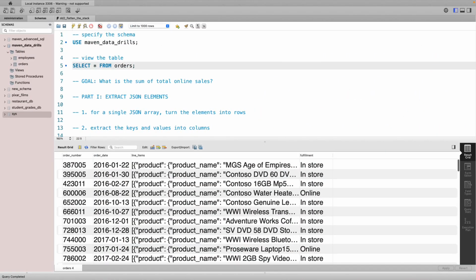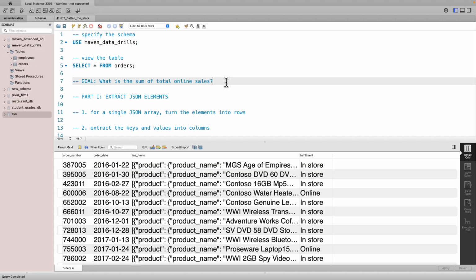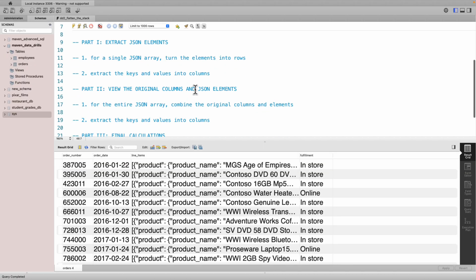To tackle the problem using SQL, I've opened up my SQL Workbench and loaded the data into the orders table. If we take a look at the orders here, you can see we have the order number, order date, fulfillment, and then this really messy line item column. And these are the values that we want to extract. So to answer our question, what is the sum of total online sales? The first thing we're going to do is